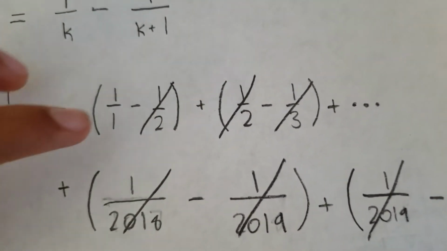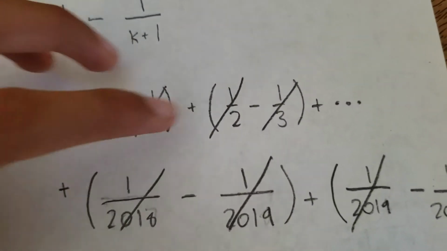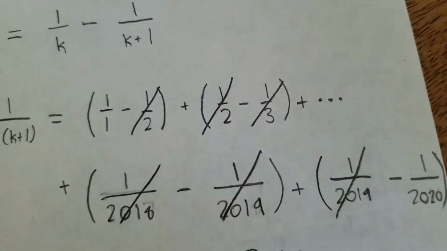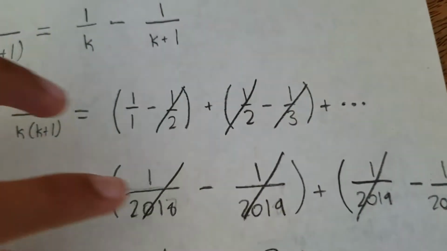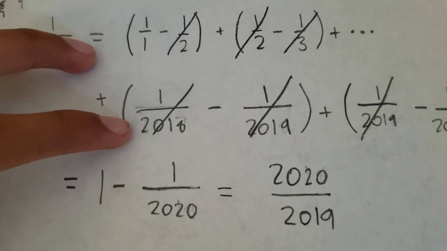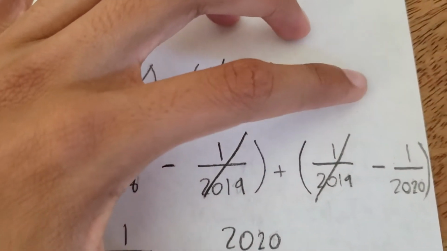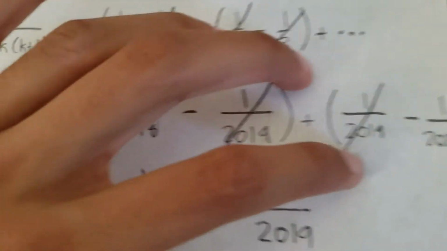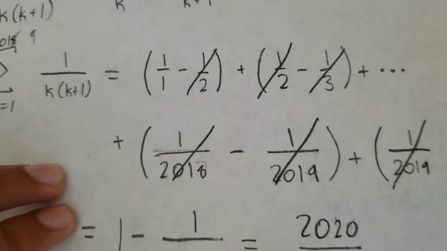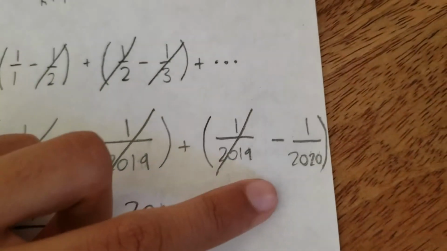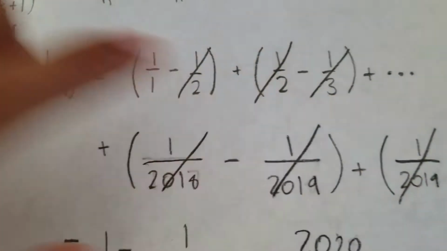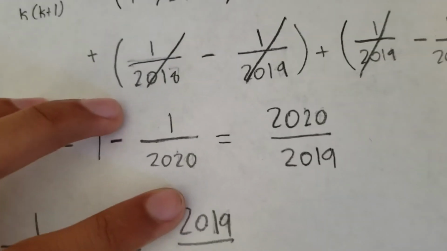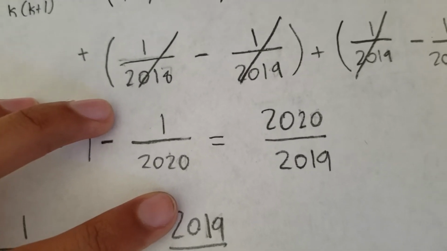We see a whole bunch of terms cancel. Negative 1/2 and 1/2 cancel, negative 1/3, and we get a positive 1/3 next here. That cancels as well. And all of them cancel. The 1 over 2018 and negative 1 over 2018 before that cancel. The negative 1 over 2019 and 1 over 2019 cancel. And the only two terms left are just 1 over 1 and negative 1 over 2020. So we get this expression is just equal to 1 minus 1 over 2020, which is just equal to,